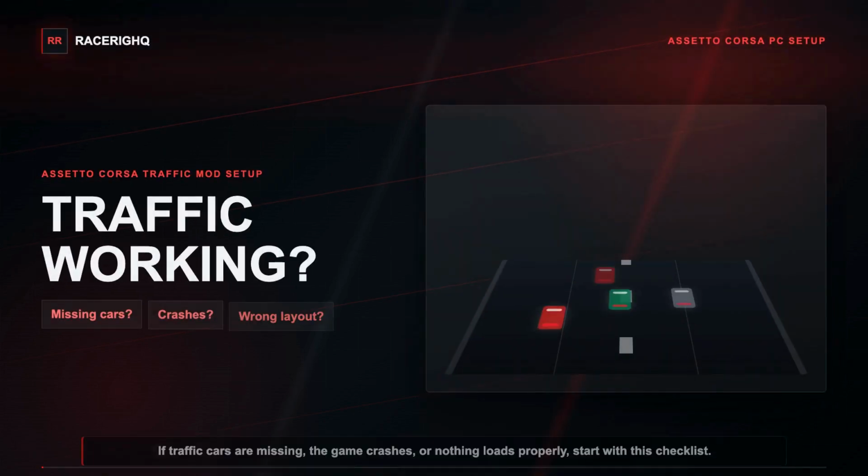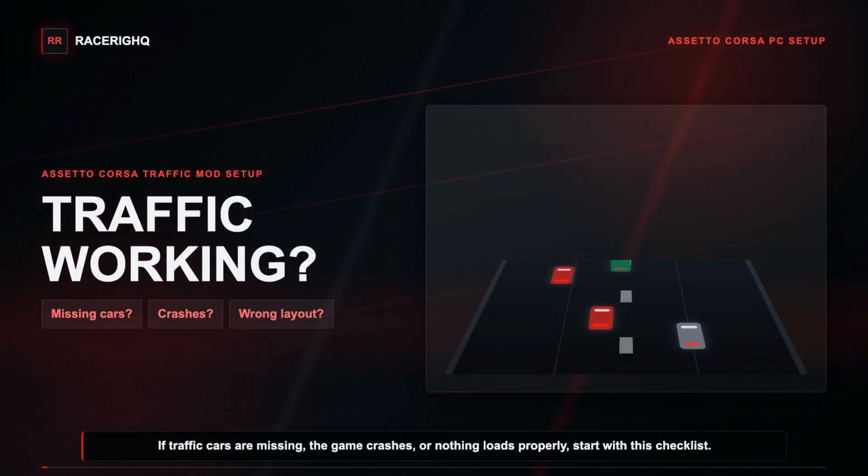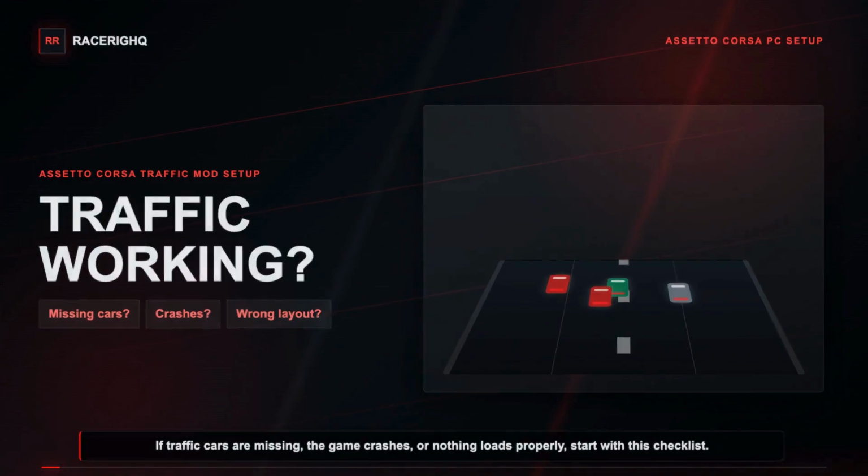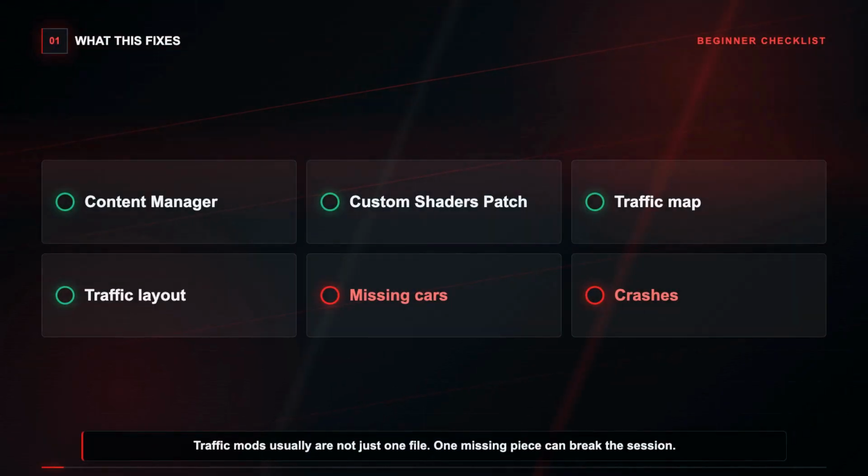If you are trying to set up traffic in Assetto Corsa and the cars are missing, the game crashes, or nothing loads properly, this beginner guide will show you what to check. The goal here is not to turn this into an advanced traffic planner tutorial. This is a simple setup checklist for beginners, so you can understand what each part does and where the usual